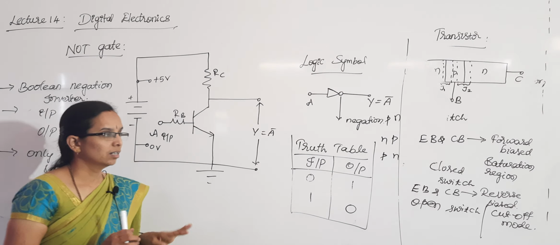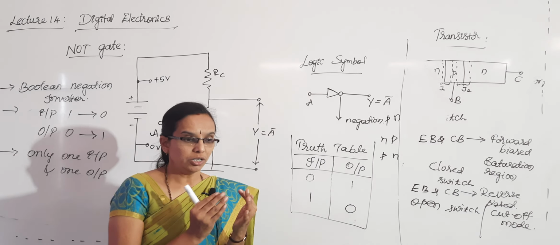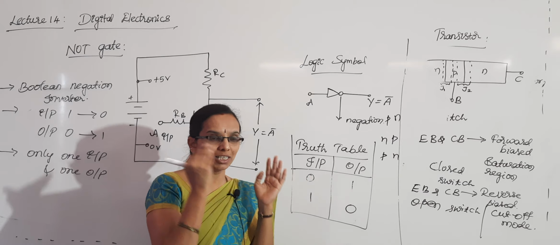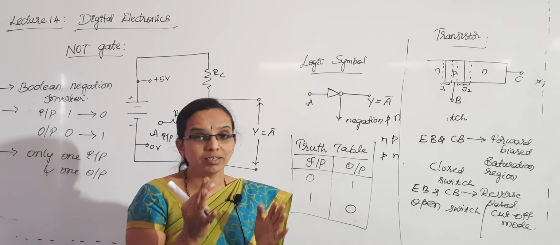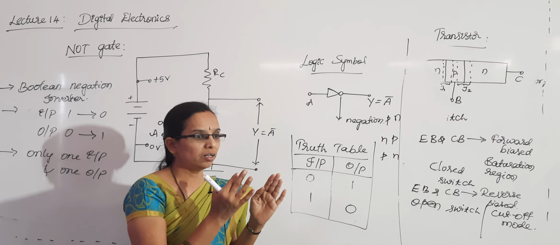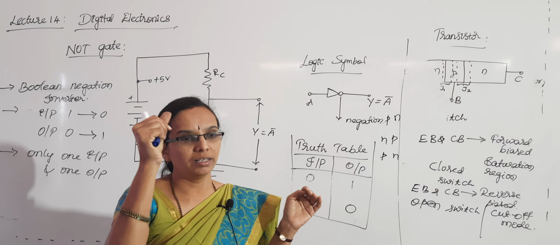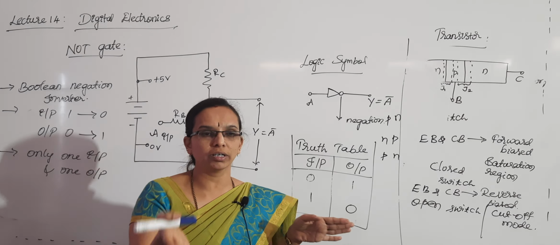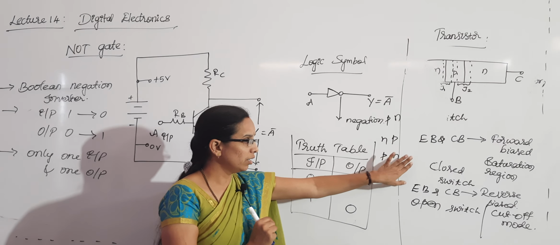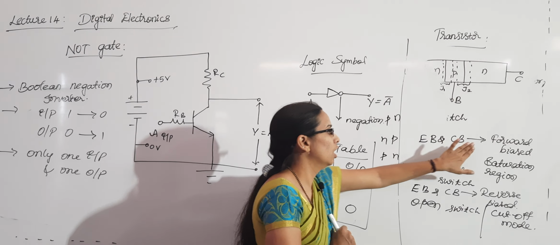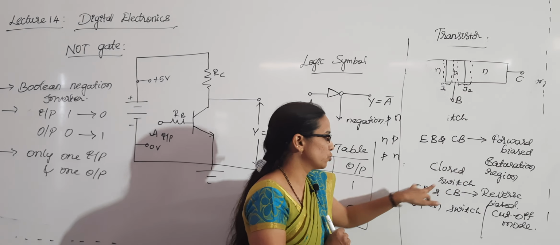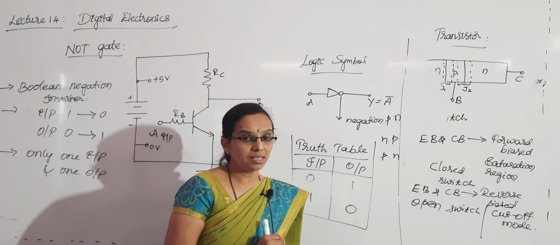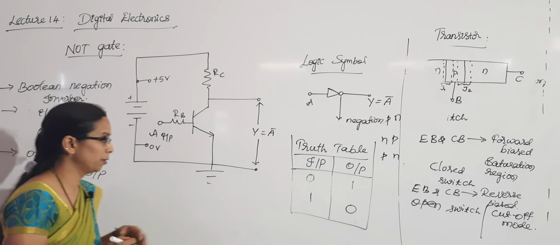I guess people are just briefed about this. You should remember the tap analysis which I have shown you, just for your analysis. When the tap knob is closed, water cannot flow; when the tap knob is open, water can flow. In the same way, when these two junctions are forward biased, it acts as a closed switch. When these two junctions are reverse biased, it acts as an open switch. That much you should remember.